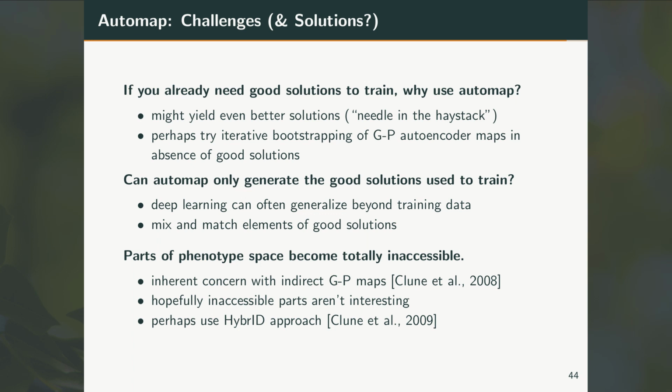Clune et al., basically evolving with an indirect map until you reach convergence and then switching over to a direct genotype-phenotype map in order to polish your solutions and optimize and get to the parts of the phenotype space that you weren't able to access